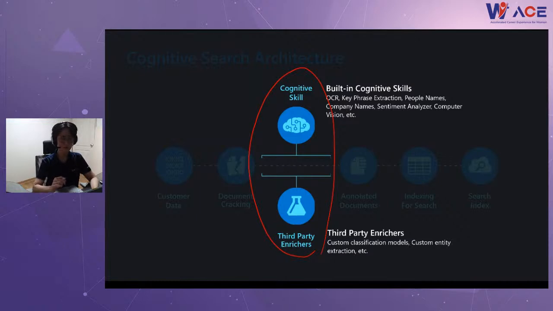This is the beautiful part of Azure Cognitive Search. You can get AI enrichment with two methods. The first one is built-in cognitive skills, which means you don't need to code. You don't need to implement anything else. What you need to do is just call the Cognitive Services API, then you can get the output from Azure Cognitive Services. If you already have your own module to extract some information, then you can just bring your module and plug it into our cognitive skills.